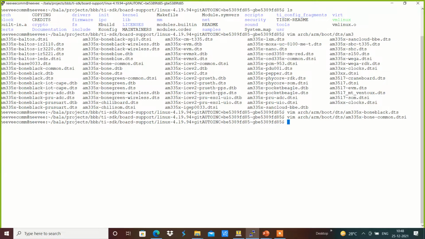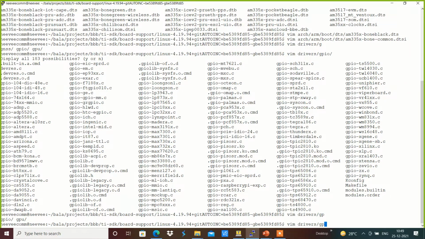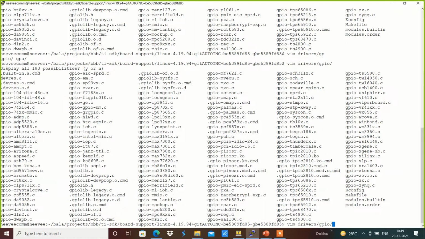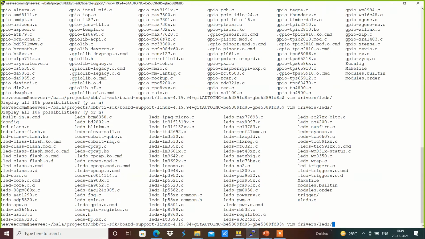For example, we have the GPIO LEDs driver, which is under drivers/leds, leds-gpio.c.